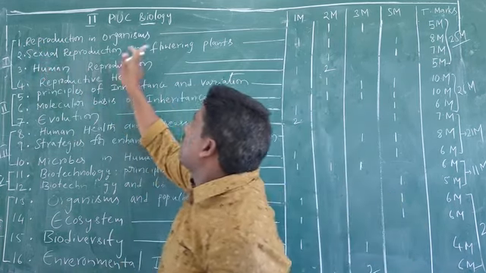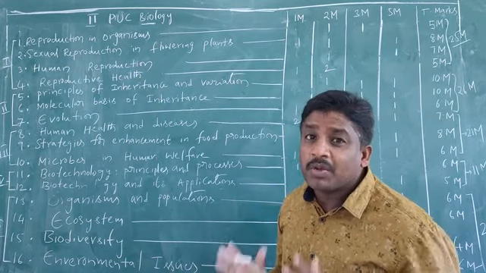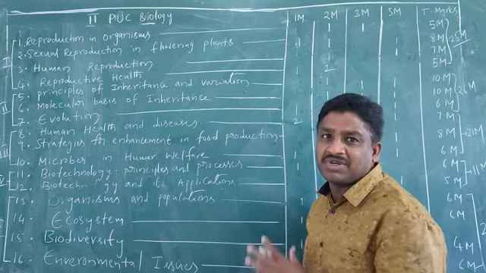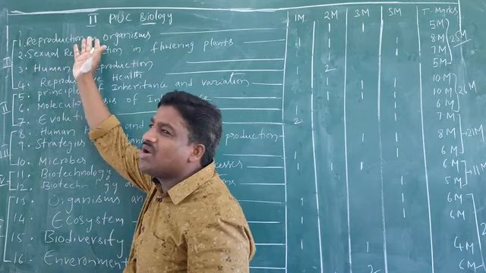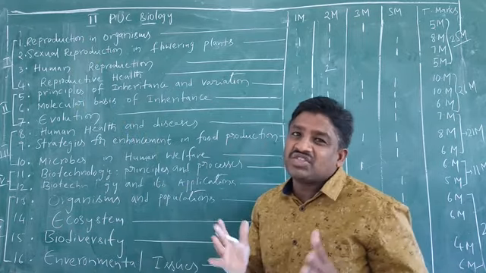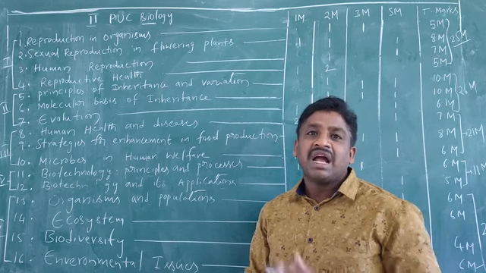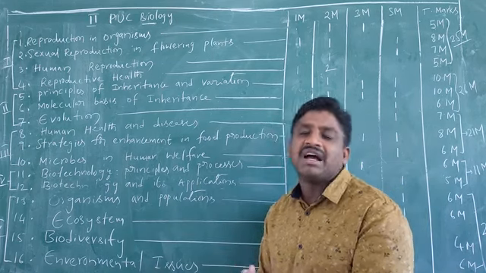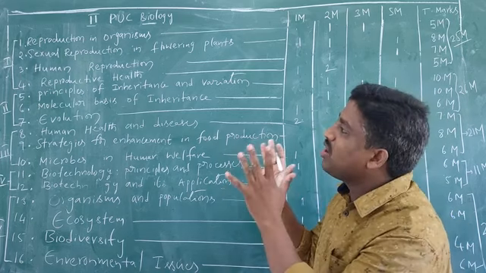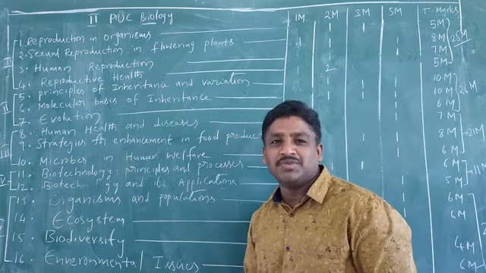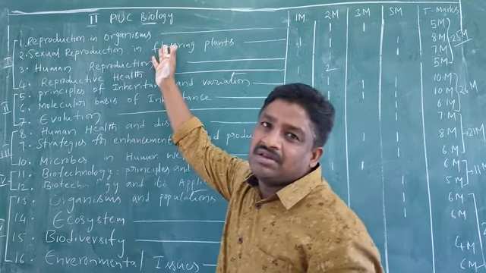So, sexual reproduction in flowering plants. What are the mechanisms of reproduction present in this chapter? We will discuss. So in reproduction in organisms, what are the basic events of reproduction? That means pre-fertilization events, fertilization and post-fertilization events. We just have to see what is present in reproduction in organisms. But sexual reproduction in flowering plants, in the plants,